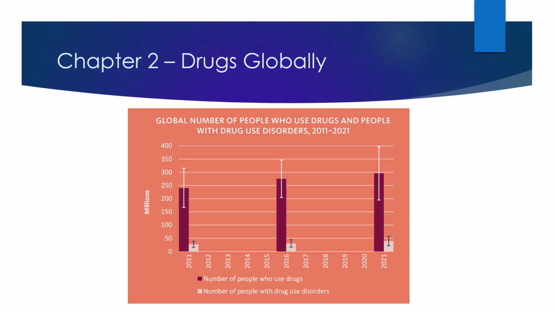All right, everybody, this is going to be the lecture for Chapter 2. We're going to do this one a little bit different from how I usually do these video lectures, in that this one I found a really good source from the United Nations of data, of lots of charts and graphs, to help us get a sense of the global situation with respect to drugs. And so that's what Chapter 2 is about.